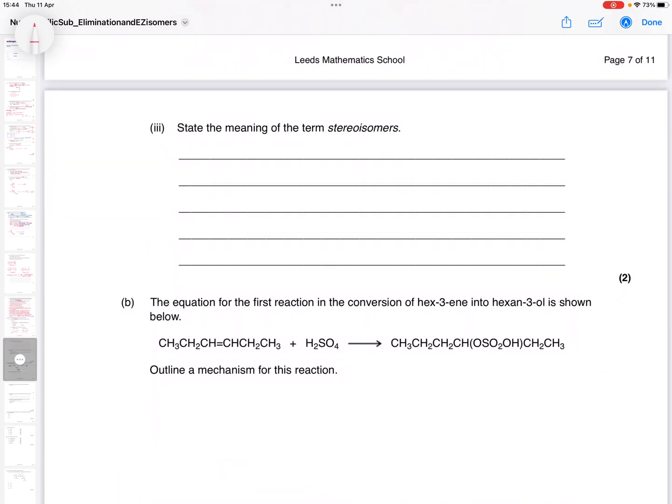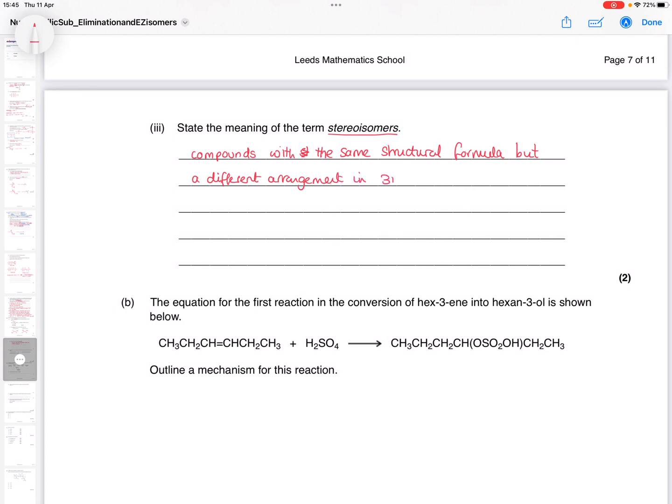State the meaning of the term stereoisomers. So this is another of your standard definitions. So these are compounds with the same structural formula but a different arrangement